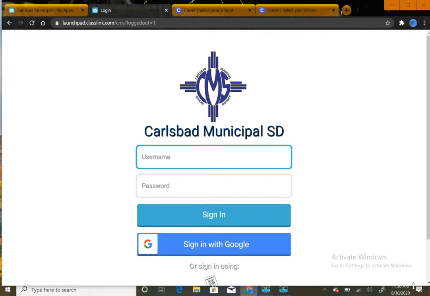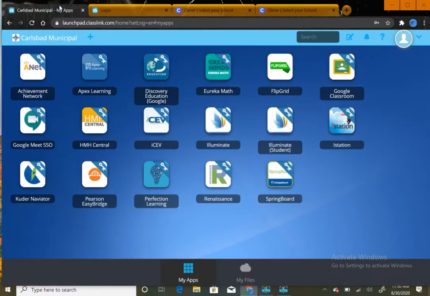So when you go to the Carlsbad site, you're going to just go to the Carlsbad site. This is what's known as Classlink, and you probably remember seeing this last year when you opened up your Chromebook and you logged in. This would be the first tab that you would see. So now this is the tab that you're going to use to get into Springboard. Okay, but to get to this, you go to